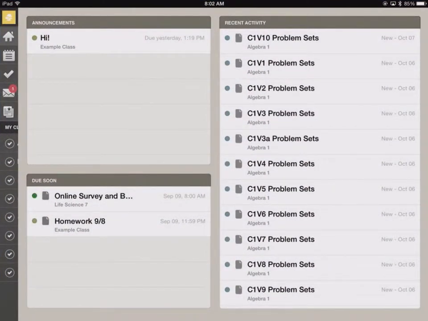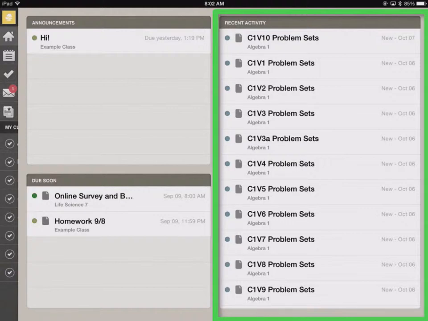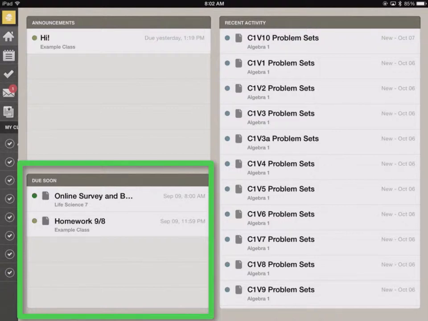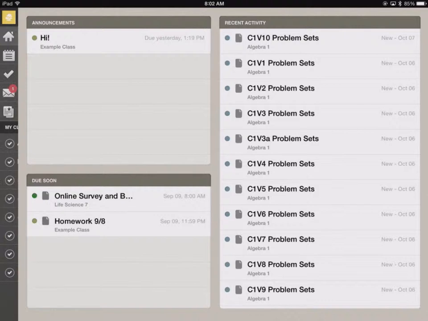And on your homepage, on the right, you'll see all recent activity, maybe new homework assignments that have been posted, or new quizzes or tests or projects or what have you. You've got announcements, and of course you've got things that are due soon. What better to have pop up on your screen when you open up Haiku than things that are going to be due soon? And if you press on the screen and kind of drag all this stuff to the right,